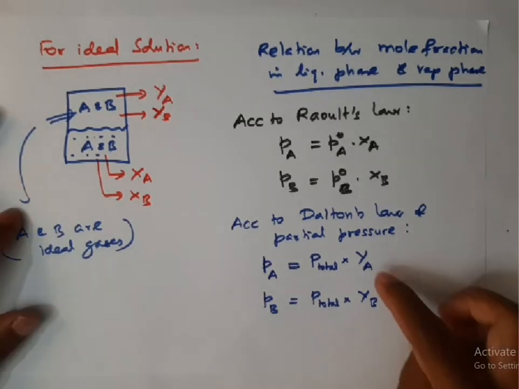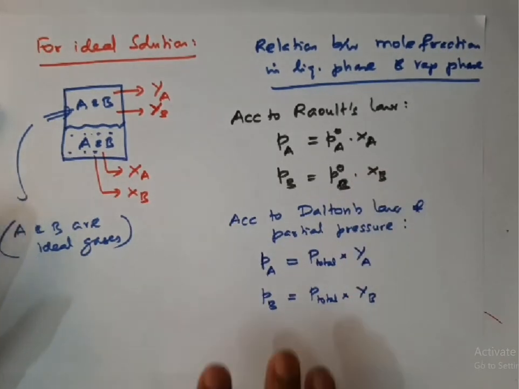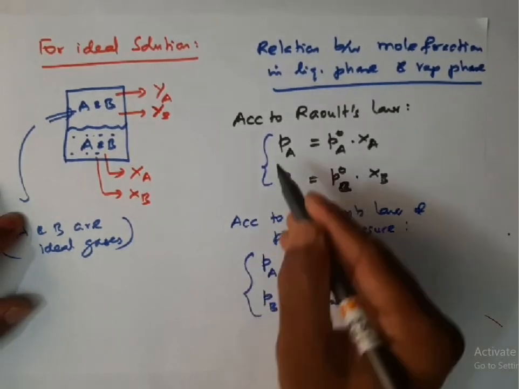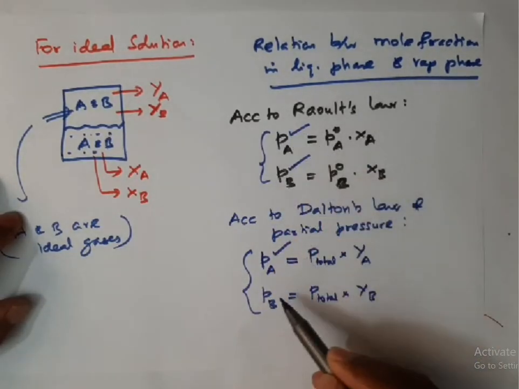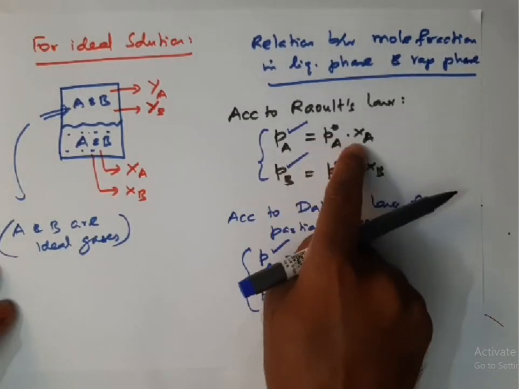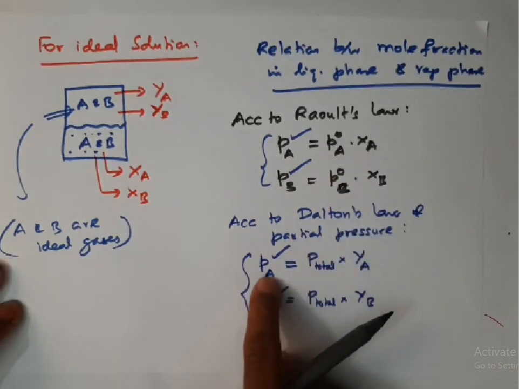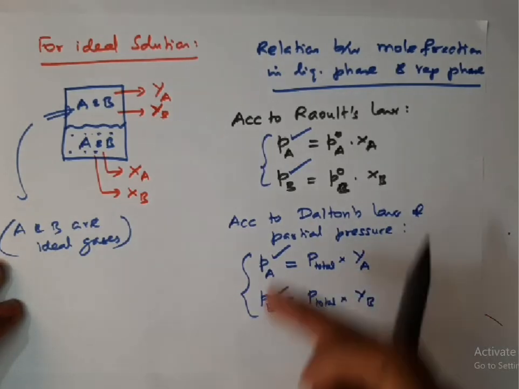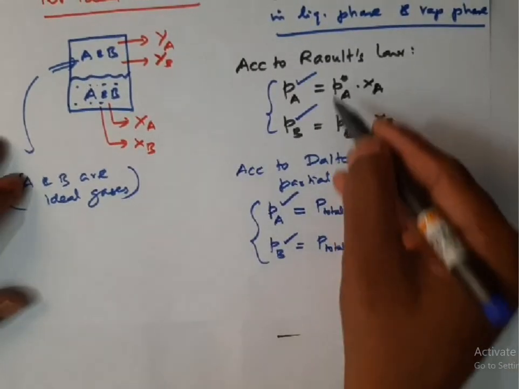So YA, YB are mole fractions in the vapor phase, XA, XB are mole fractions in the liquid phase. And remember, these two and these two are one and the same. Partial pressure of A, partial pressure of A. Partial pressure of B, partial pressure of B. What is the difference? Raoult's law relates partial pressure with the mole fraction in liquid phase. Dalton's law relates partial pressure with the mole fraction in the vapor phase. Since these two are equal, they are one and the same. So by relating these two, we can write